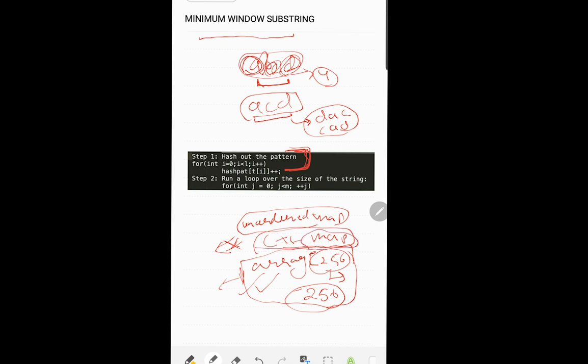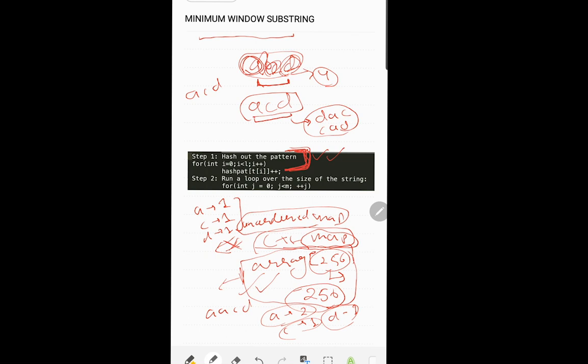So to hash this, suppose the pattern is A, C, D. After hashing it will look like A will have 1, C will have 1, D will have 1. These are the counts. If it was A, A, C, D, it would look like A2, C1, D1. So the first step is done, that is, hash out the characters of the pattern.